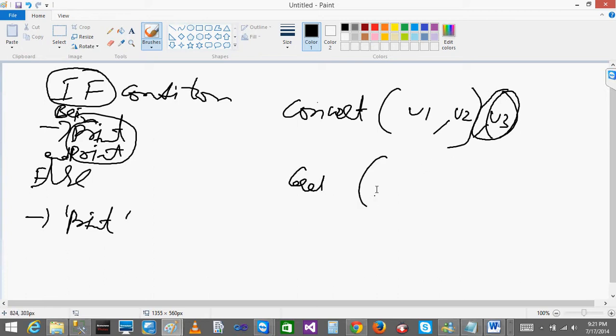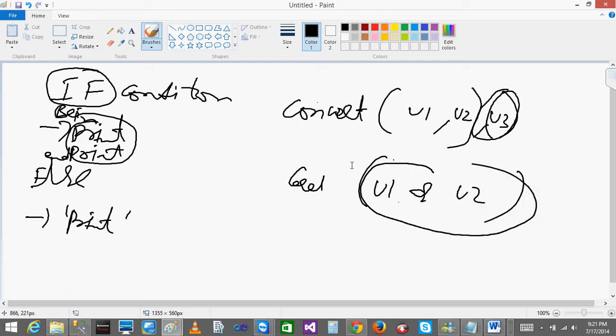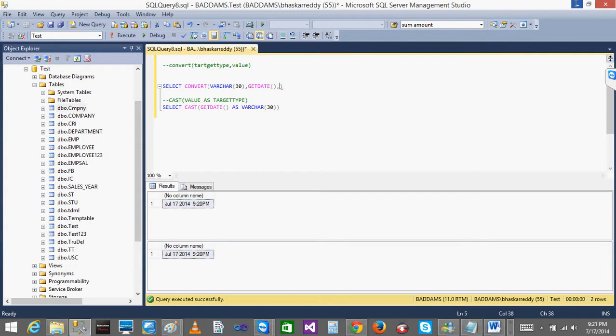In CAST you will use only two values, but in CONVERT by default you use two and there is one more optional value that you can pass, v1, v2, v3. What is that optional value? We will see. That value works only for datetimes, not for all.